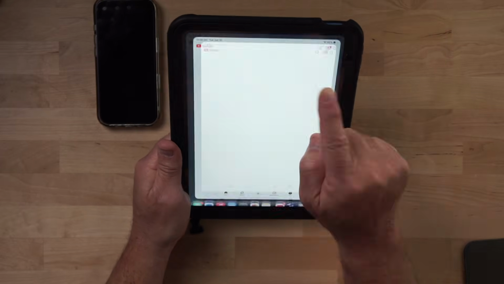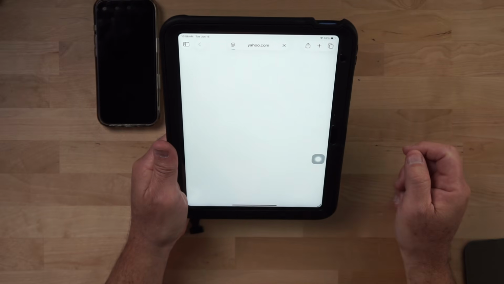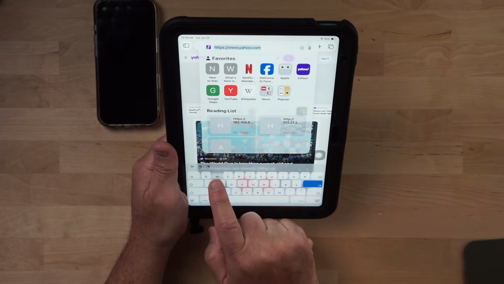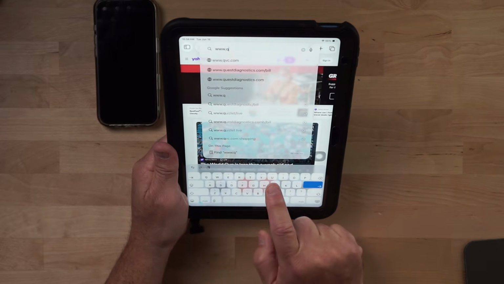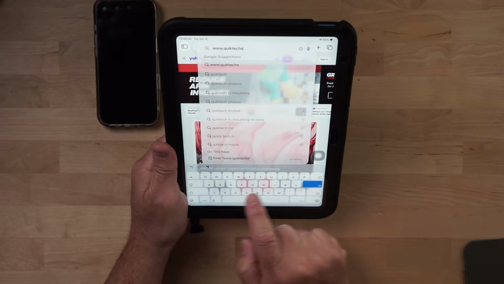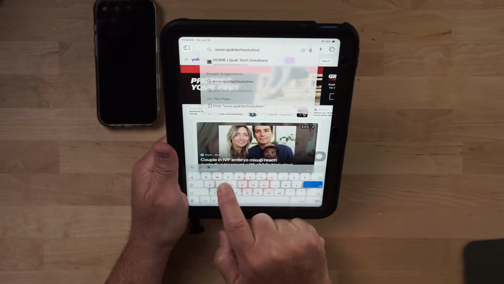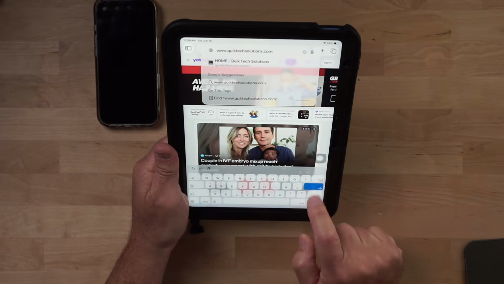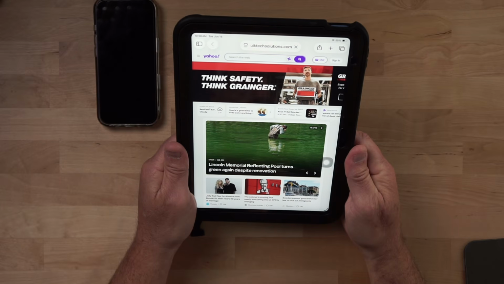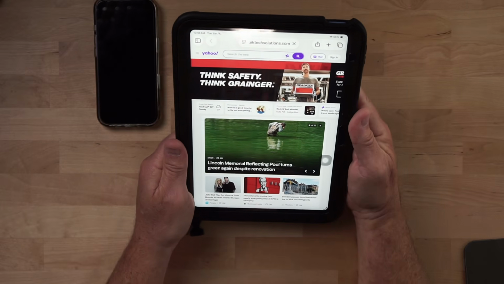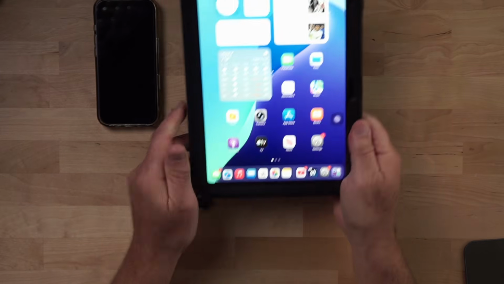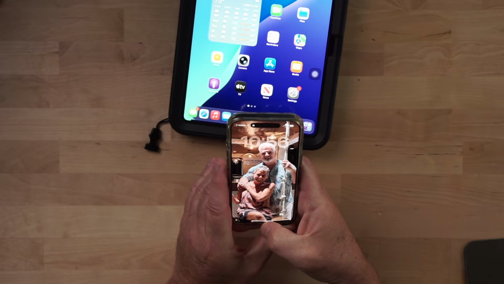But what we're going to do next is we're going to go over to Safari. Now you see Yahoo loaded, but I'm going to type in my website. And you can see the page isn't loading. We're still stuck on the Yahoo website. Okay, so now while we're here, let's go to my iPhone, which